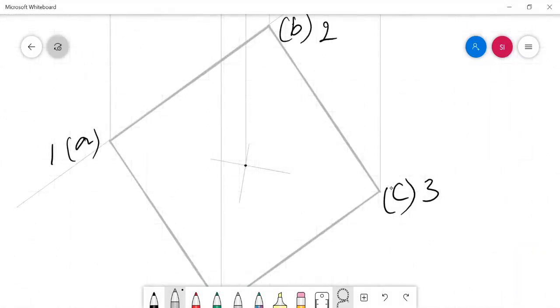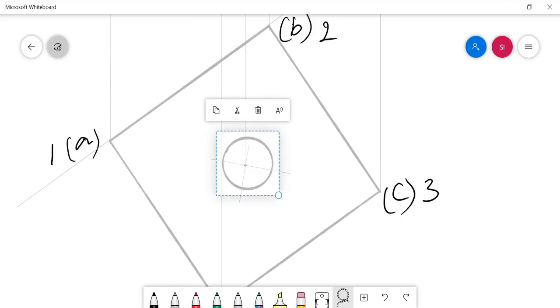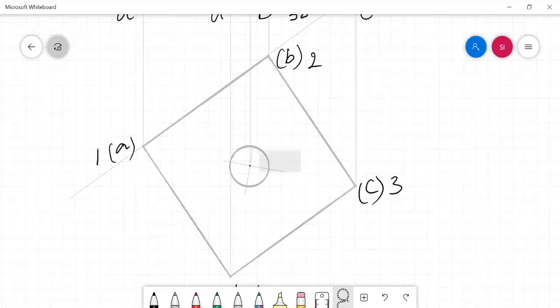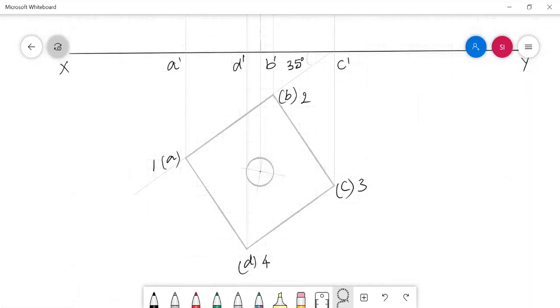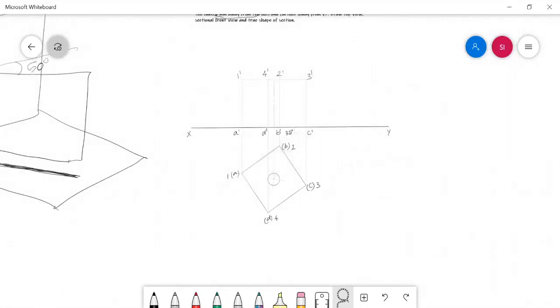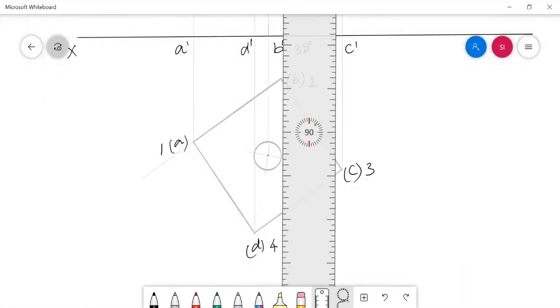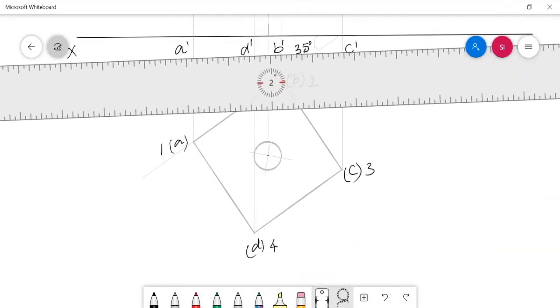So let me draw that guide circle. In this software application, it's not possible to draw the circle with the exact dimensions and with the correct centering. However, for your understanding, you can keep it that way. And then the inclination of the cutting plane with respect to VP is 50 degrees. So prepare a cutting plane with a 50 degree inclination with VP.